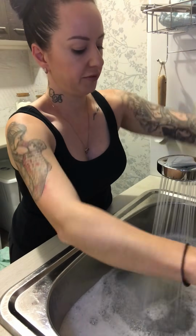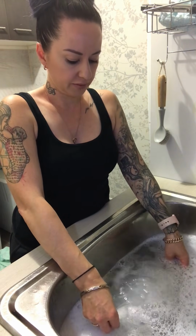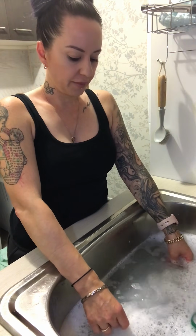Okay, I'm going to turn this off. It's full enough. So you need it enough that you can submerge it fully. There will be a little air bubble in there, just at one end. That doesn't matter. And I'm going to skip forward and pretend that I've let this soak for 20 minutes or